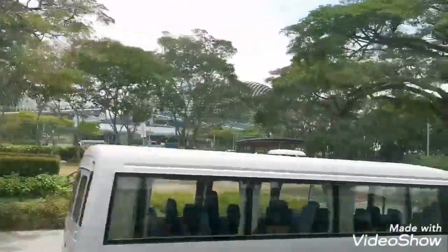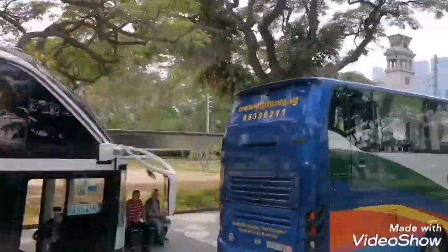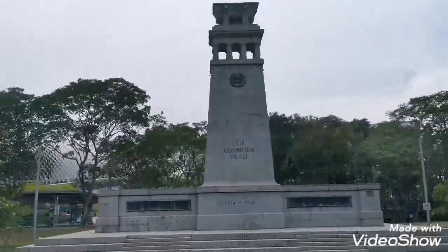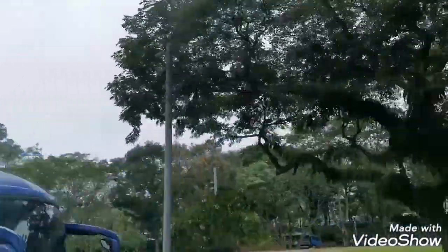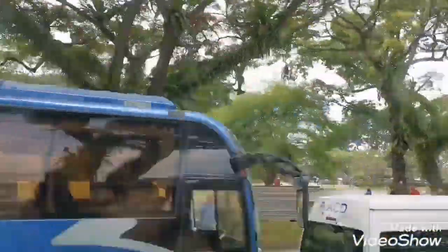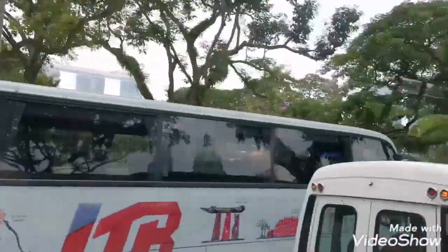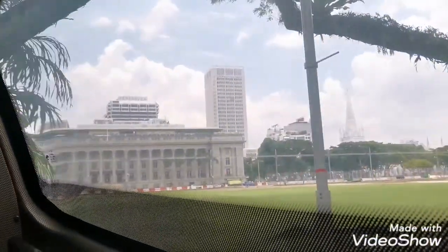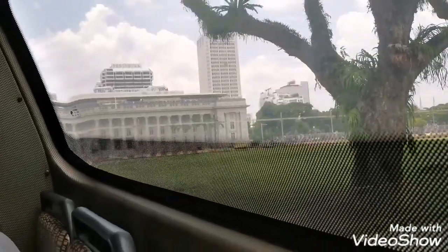Into the most historical part of Singapore. Here on your left hand side, this is a park which was named after Queen Elizabeth's coronation way back in 1952-53. Okay. Now on your